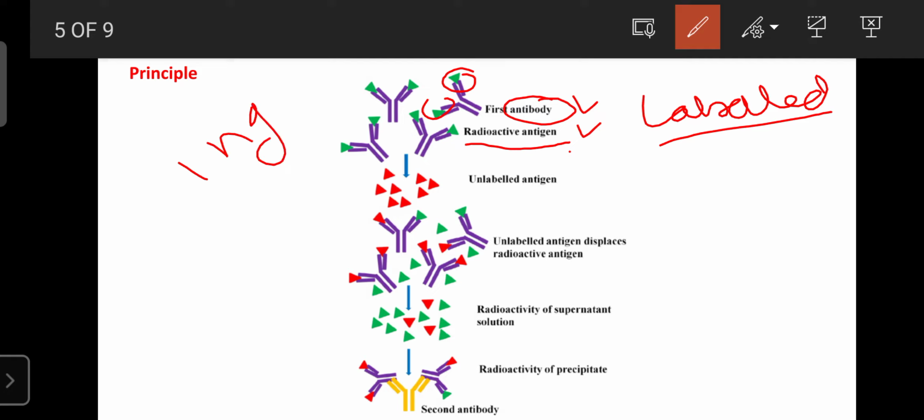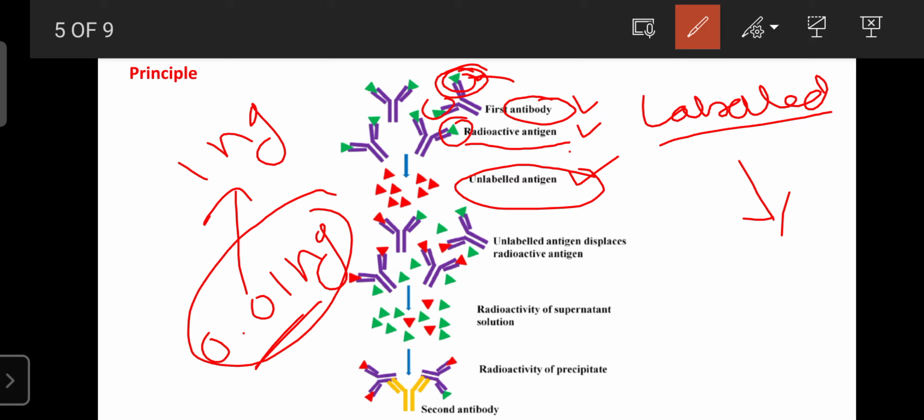But you administered 1 nanogram. Due to the presence of antigen, these antigens in the patients are known as the unlabeled antigen, and they replace the antigen present in the radioligand antibody, or radioactive antigen. They bind at the same places if the patient has the disease. Then in the last step, when you monitor the percentage of administered antigen, it decreases. If it decreases, it gives an idea regarding the presence or absence of antigens.